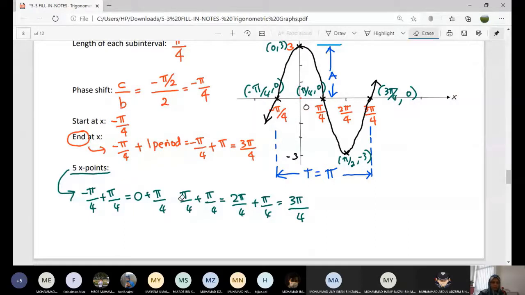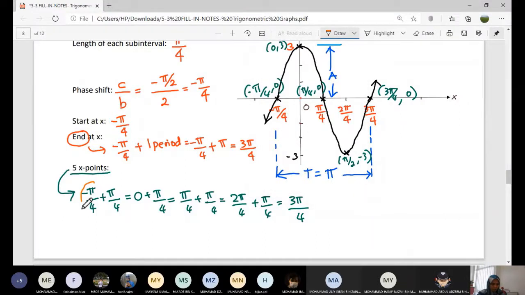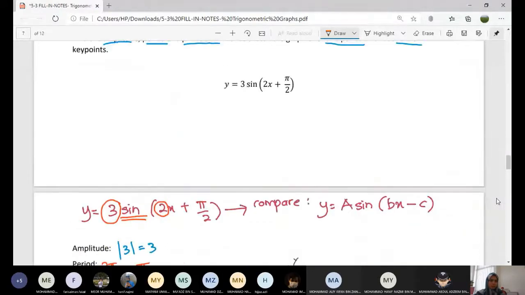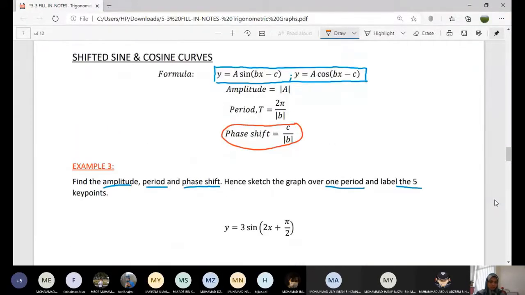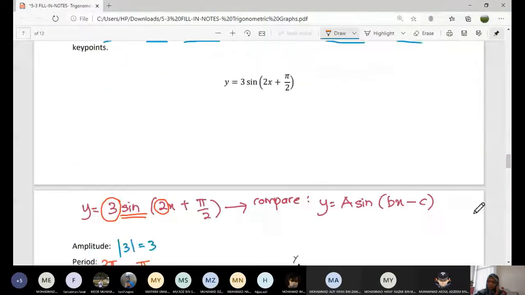The x points start from negative pi over 4, then 0, then pi over 4, this is pi over 2, and lastly we have 3 pi over 4. This is for sketching the sine graph with the shift to the left. Okay, shift to the left, shifted sine. Okay, any questions so far? Anything you want to